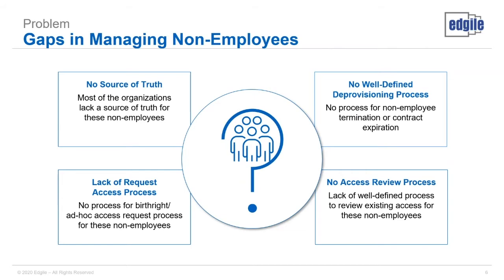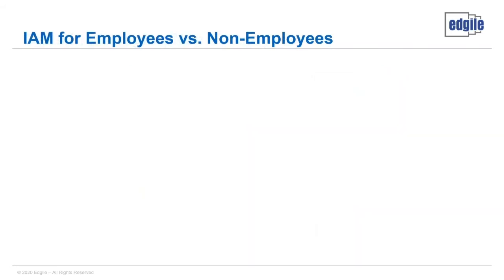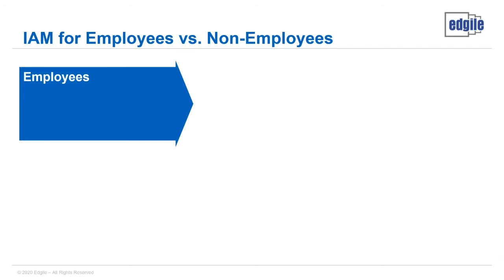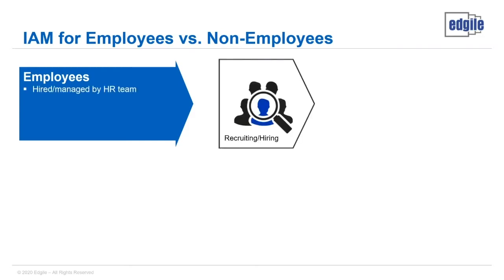So how do we address these gaps? What are some ways to start moving towards treating our non-employees with some of the same rigor that we treat employees with when it comes to collecting their information? Because when we talk about employees, we can really talk about a nice process for onboarding and their life cycle, even when they retire or leave an organization. And that process really centers around an HR team. We think about how they're hired, vetted and recruited, and that happens with the centralized human resources team, and they take all that information about those employees, gather it up, and put it into their HR system.